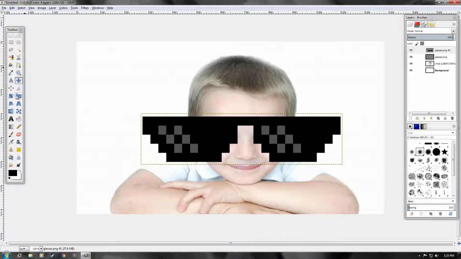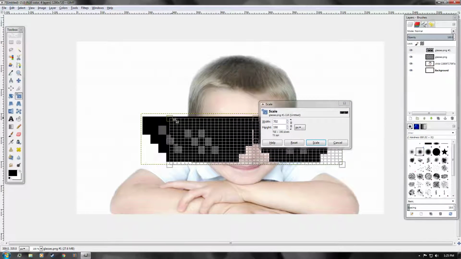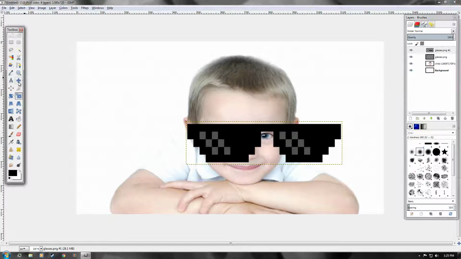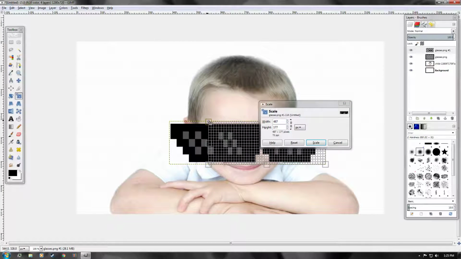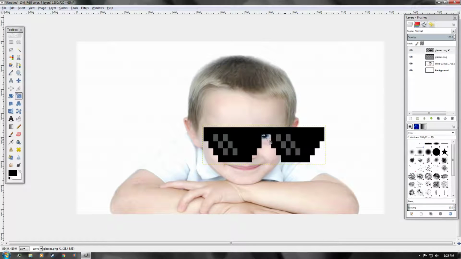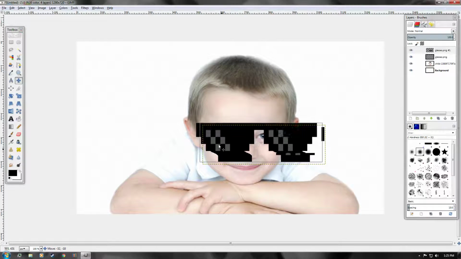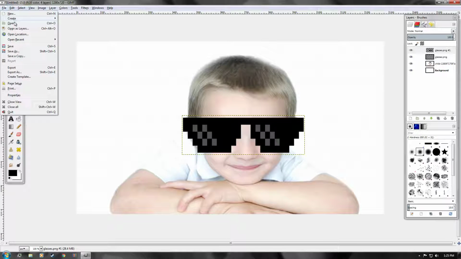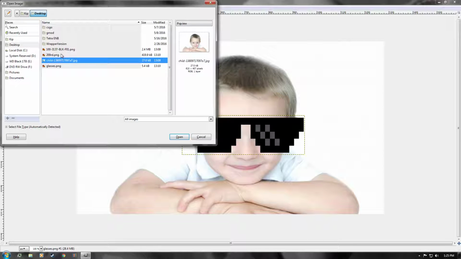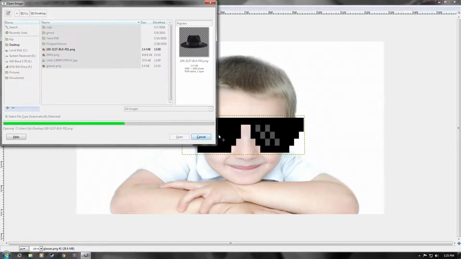Nope, those are still far too big. So we're going to click here, downscale them a little bit more. Try those, a little bit big still. We want to kind of keep the original size, but it's not that important to me. There we go. This kid's got very cool glasses now. Then we're going to go to Open as Layers for our next layer, which is going to be Fedora,